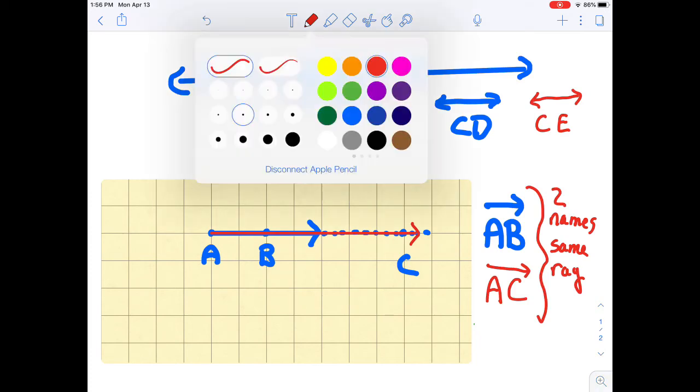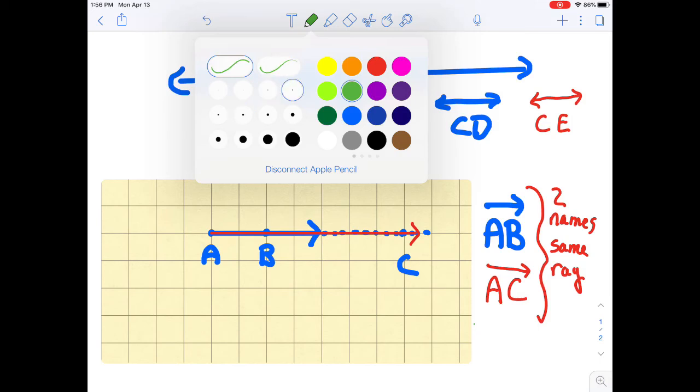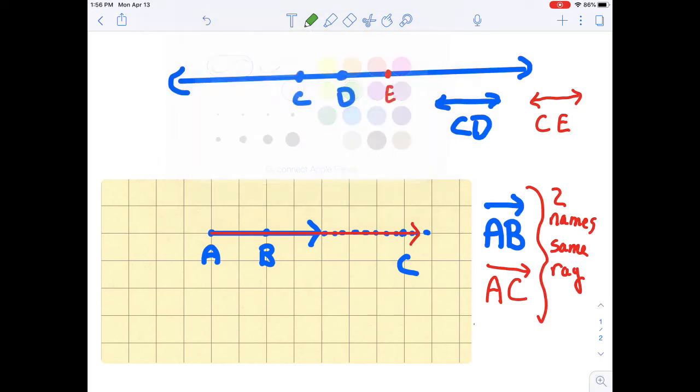Now, where do we have a different ray? Let's go to a ray that starts at B and goes through A. So now I'm going to name this BA. I'm going to have the arrow over A because it goes through A and beyond, and I'm going to have it start at B. But BA, ray BA, is different